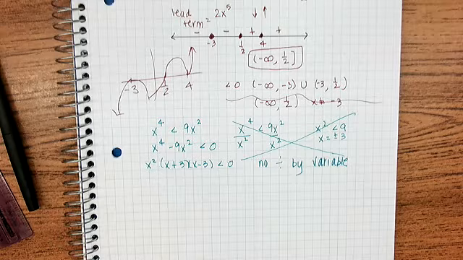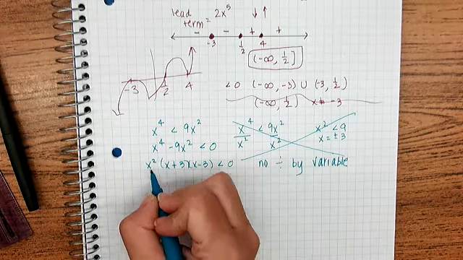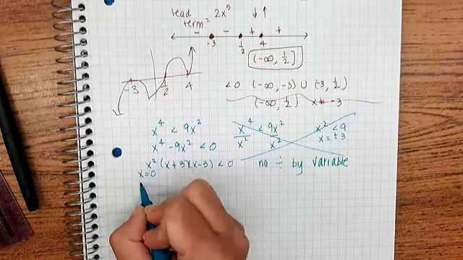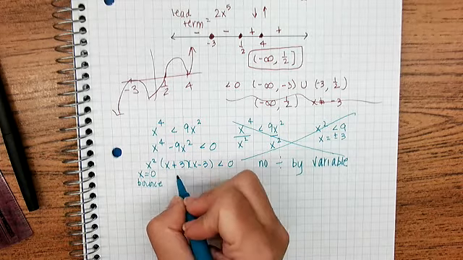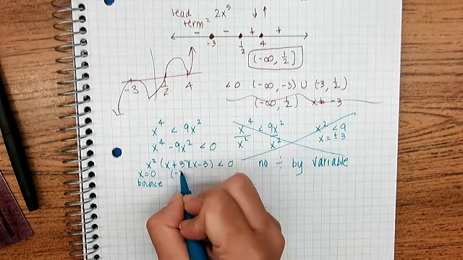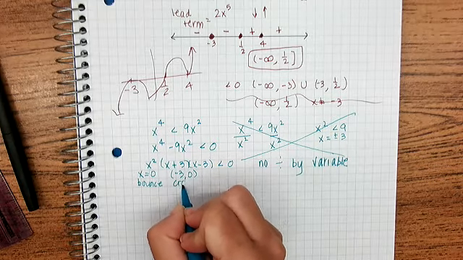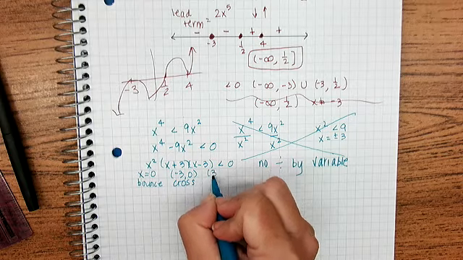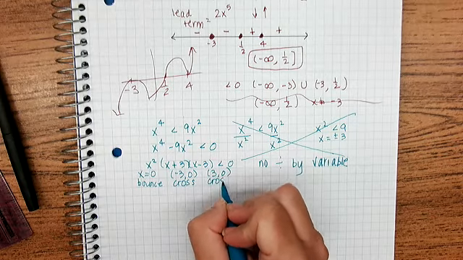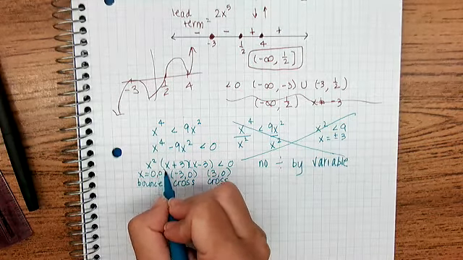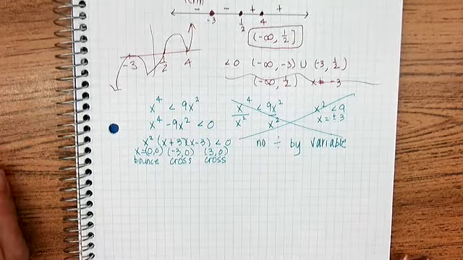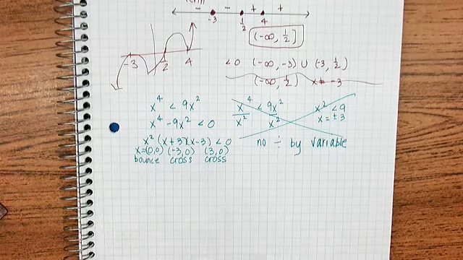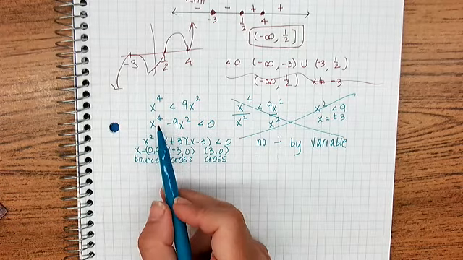I have 4 critical values. I have 4 x-intercepts. This is x equals 0, bounce. This is x equals -3, so I really should be writing it as an ordered pair. Cross, +3, cross. Okay. X to the 4th,